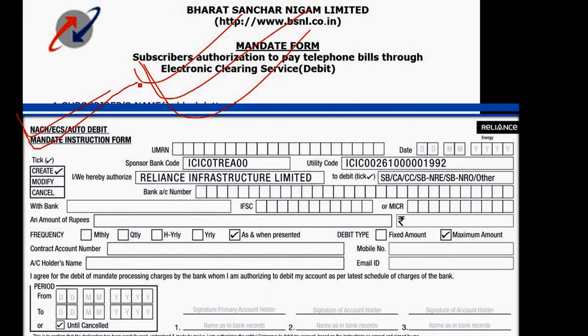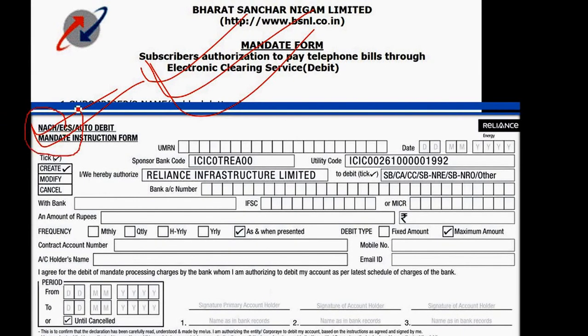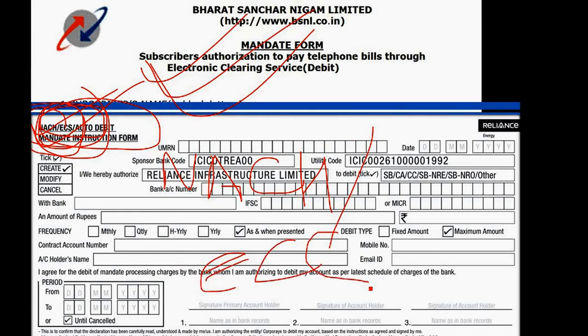This form shows that your BSNL bill is automatically debited from your account using electronic clearing services. You have to fill in this form. And similarly the Reliance company is showing the